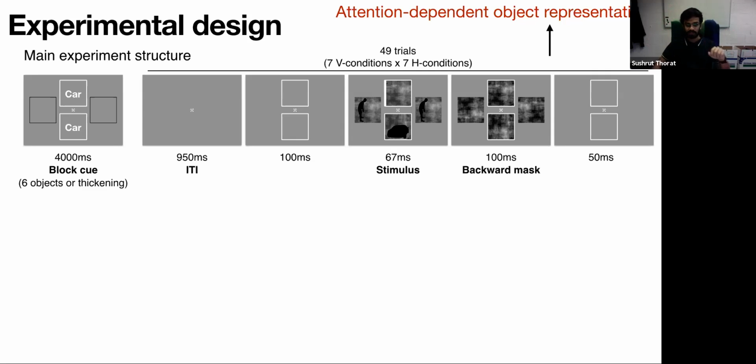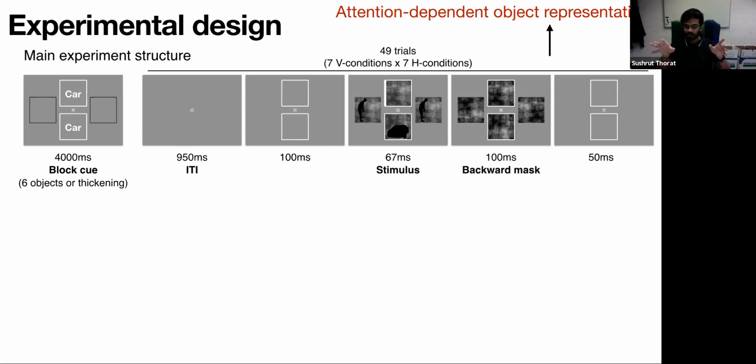So the stimulus is very briefly presented. On a particular trial, you see the stimulus for 67 milliseconds. It's also backward masked, so it's really hard to see what's happening. And in the vertical boxes, one of the 6 objects might be flashed in only one of the boxes, or no object will be flashed. So that gives us 7 vertical conditions. And if you see a car in the vertical boxes, that's when you have to press a button. In the horizontal boxes, you could also have all of the 7 conditions, and the vertical and the horizontal conditions are completely crossed. So we can independently analyze them.